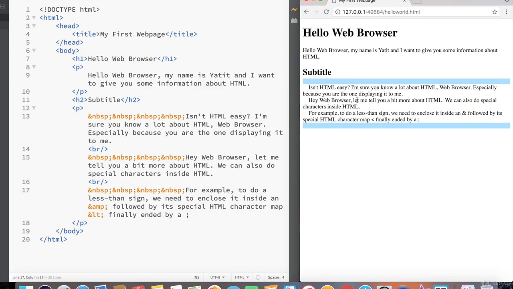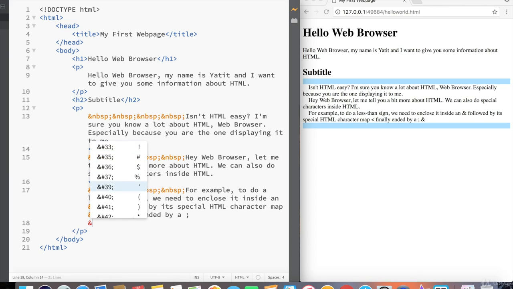So now our HTML looks really nice, like a traditional paragraph, and this is looking pretty good now. So that's a little bit about special characters in HTML. If you want the full list of special characters, not only is Brackets really good at giving you suggestions, notice that when I type in the ampersand, the first thing it does is give me some suggestions on special characters. So Brackets has this built in. A lot of text editors also have this built in. So Brackets should be enough of a resource on its own, but just a few common ones that I want